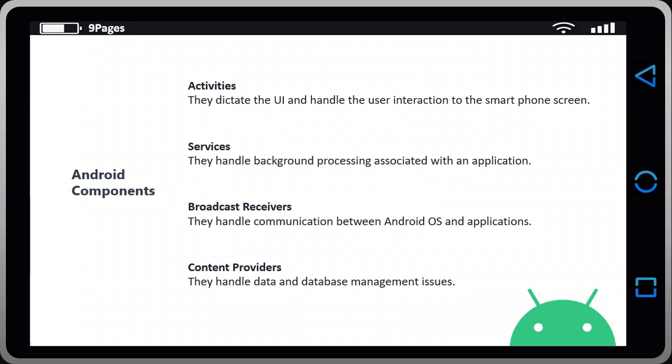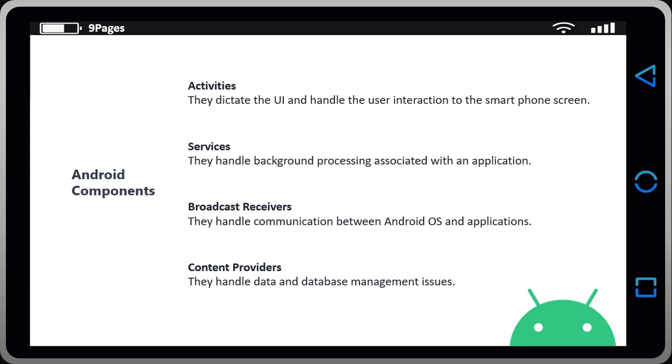For that you will have to declare the main activity, the activity which you want to execute initially. Make it the launcher activity. And for that you can inherit the activity class.